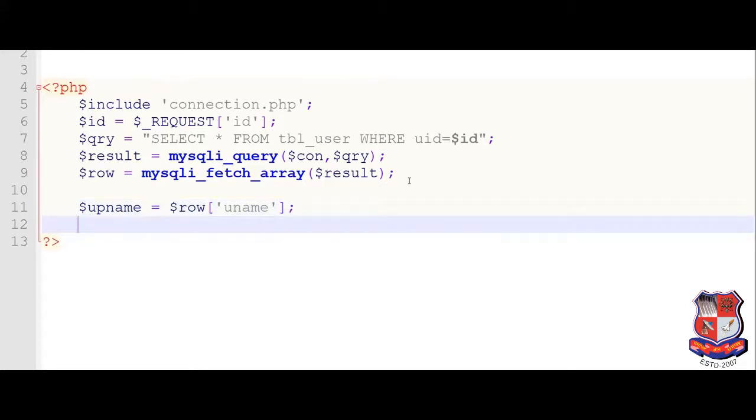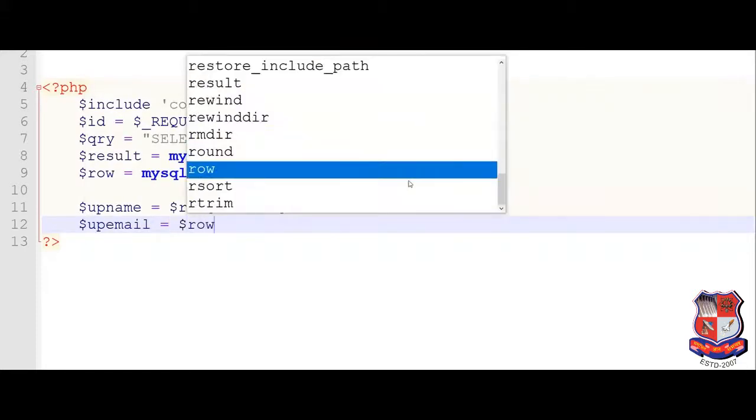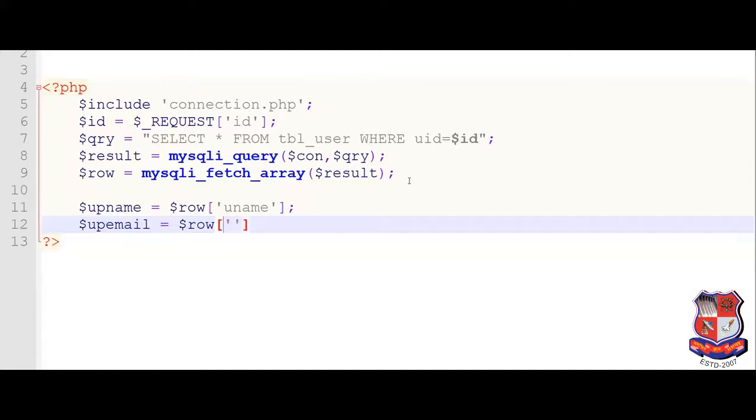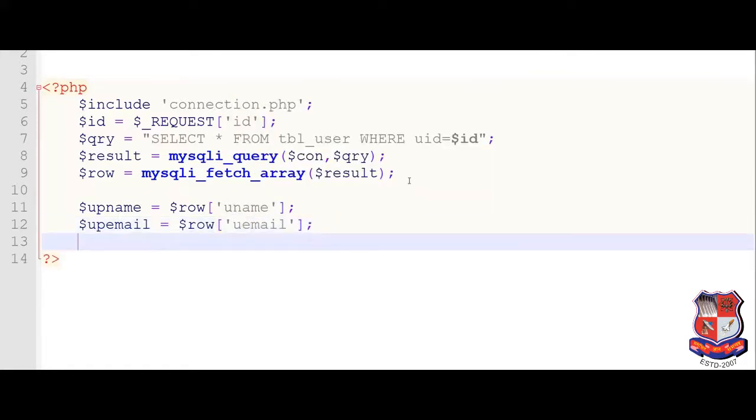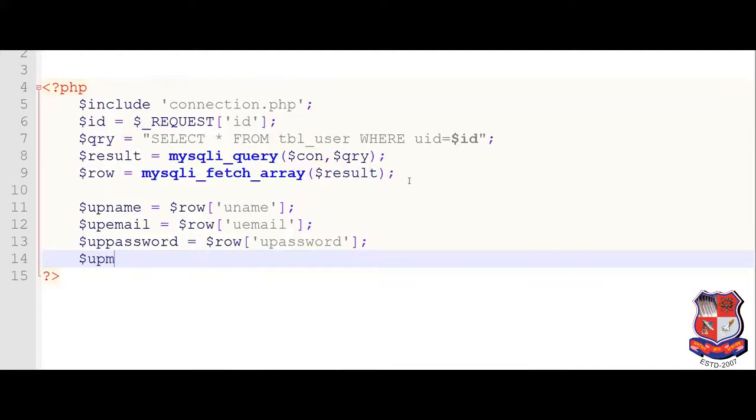So that is uname. $upemail is equal to $row, uemail. Next, $uppassword is equal to $row, column name is, I think still we will match it, upassword. $upmobile is equal to $row, uphone.